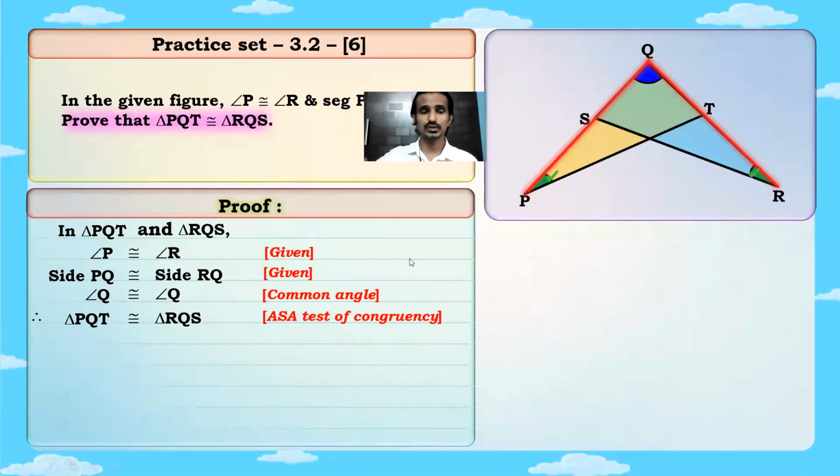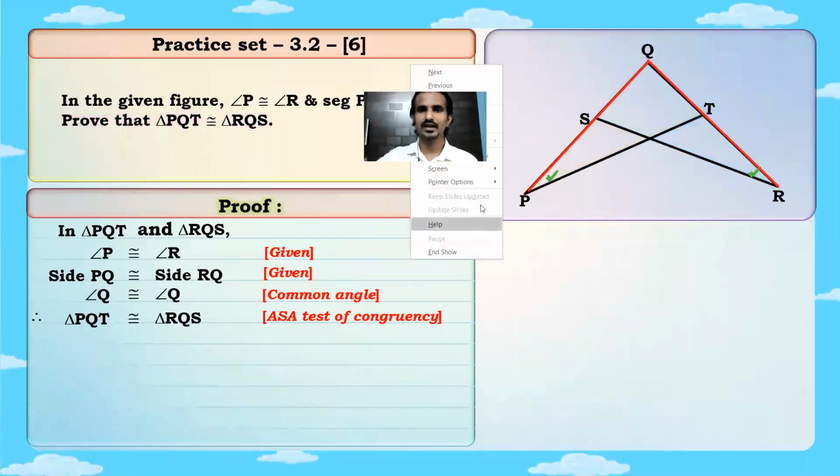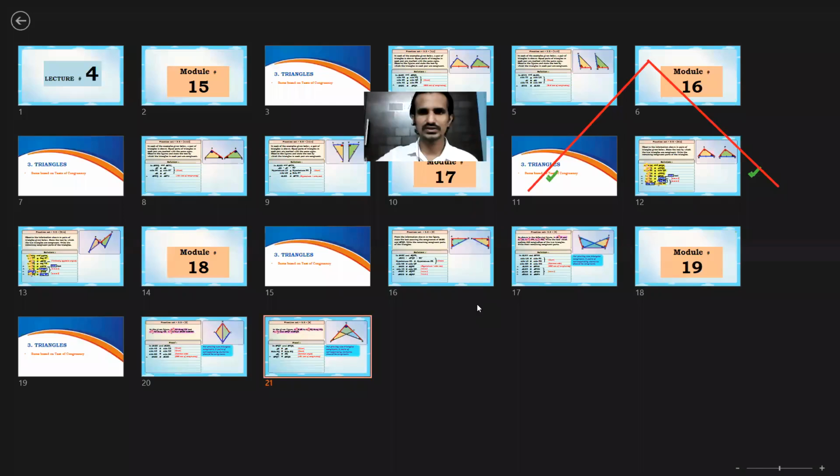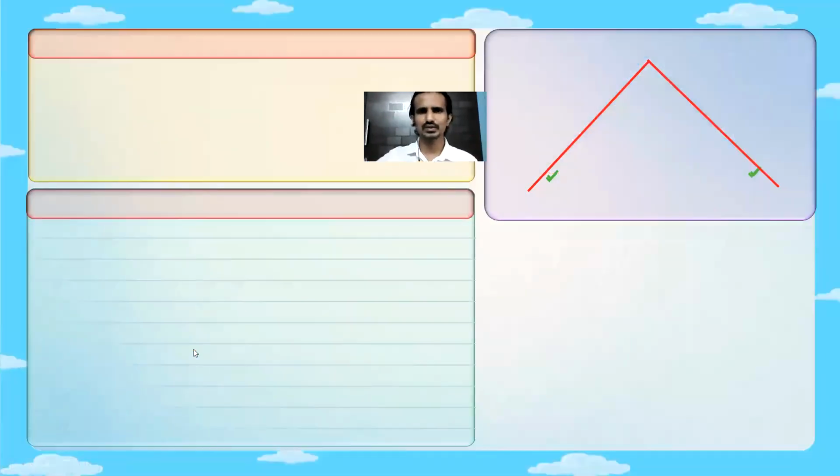So this is the 6th question that we were supposed to write. We have written it. 5th question we didn't take, so we'll take the 5th question also. Now 5th is a very easy question. I don't want you to write this. You can just tell me orally also. See this 5th question.